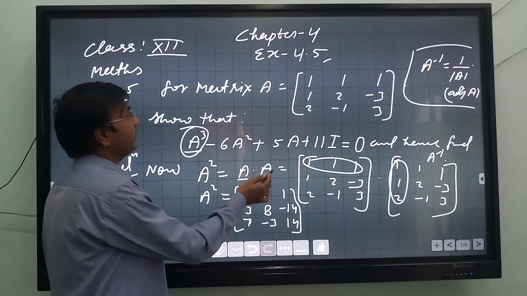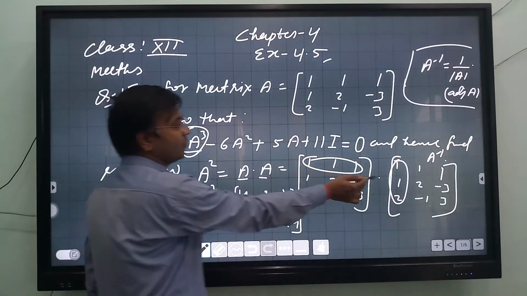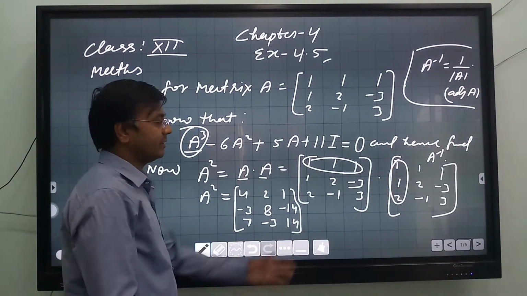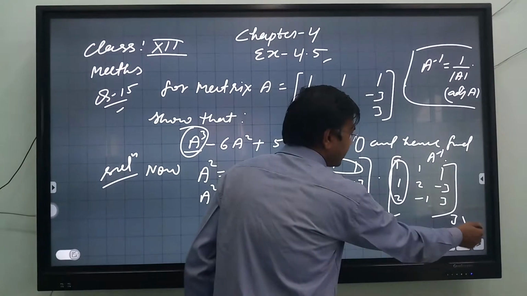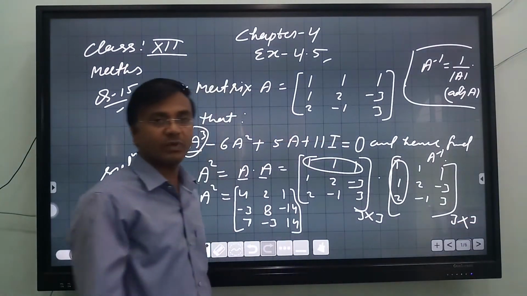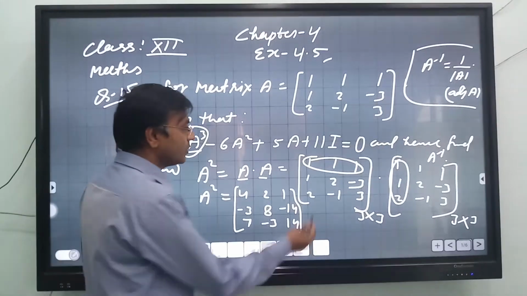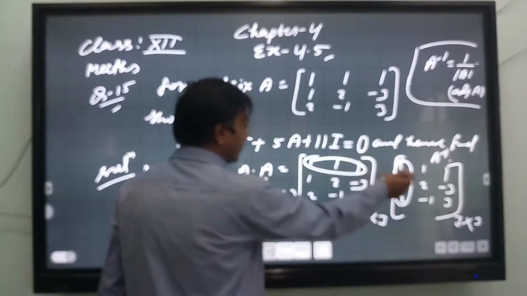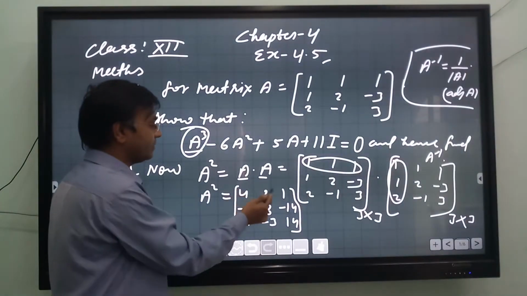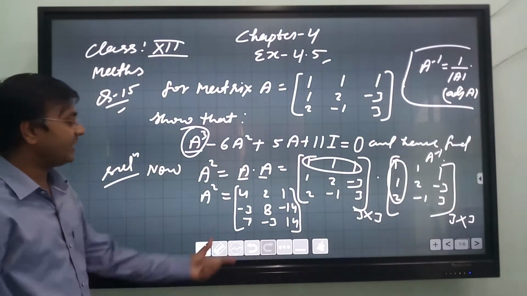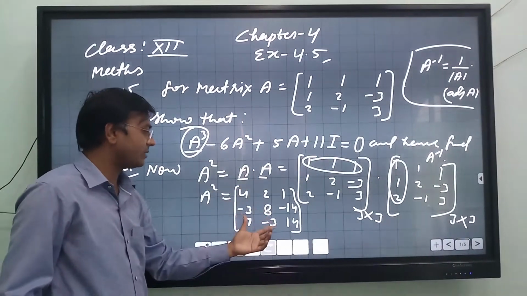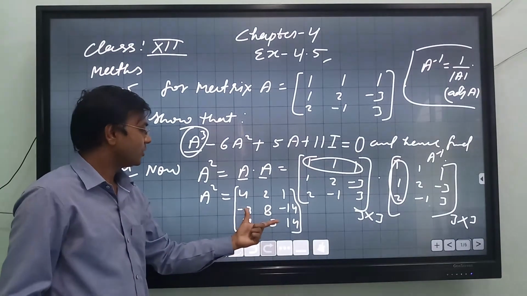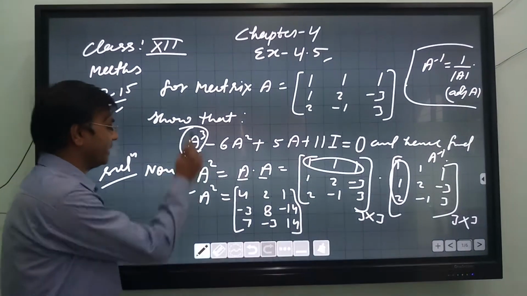Now write the A matrix, it is given. Both matrices are given, and they are of the same order, that is 3 by 3. Since matrices are of the same order, we can find the product, we already learnt. So row by column. If you multiply and simplify, we will get this simplified matrix. Just multiply and simplify this and check, you must have this matrix. So this is the value of A square.